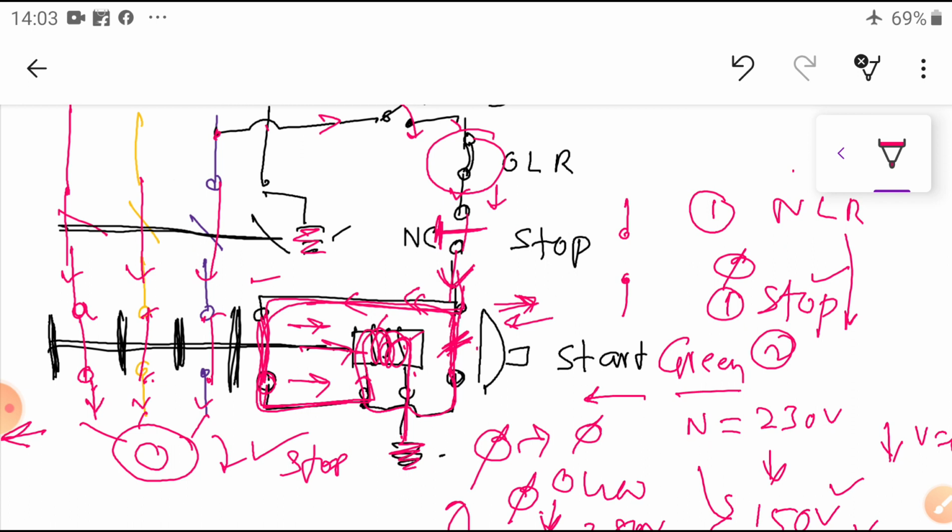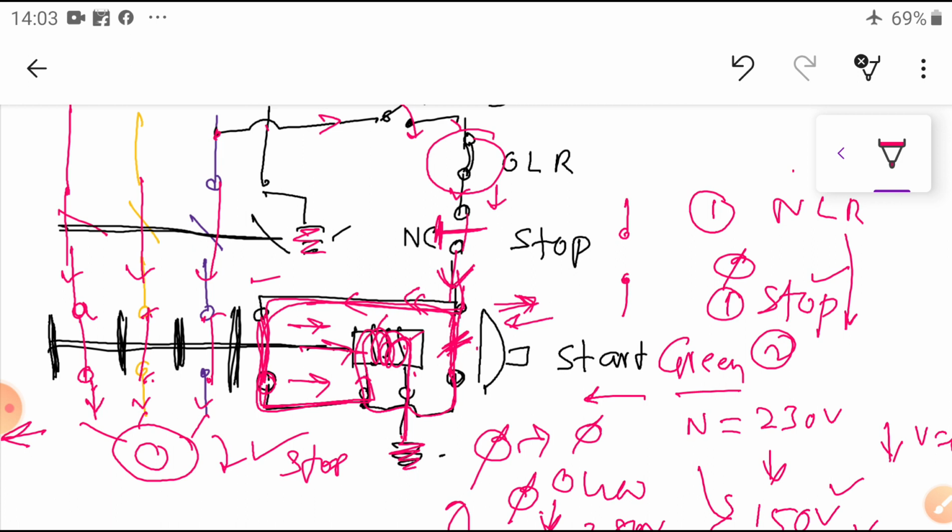Okay, so different companies have this concept, and different companies provide different circuit modifications. Here I used the single phase coil. Some manufacturers may use 400 volts, that is a line to line voltage, which they will directly take. That means R phase, Y phase, B phase they will manage. They will give the 400 volts to the coil. Now in this case I used the R phase, Y phase, B phase in addition to the neutral, and that neutral is connected to the single phase coil I am using here.